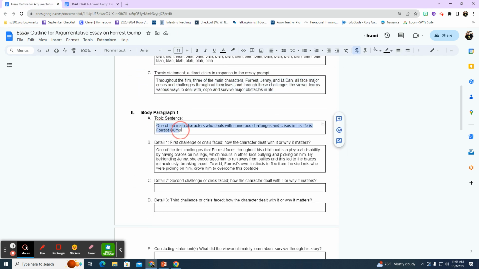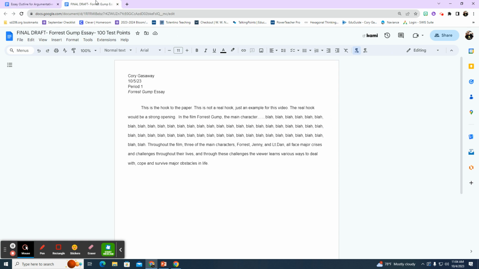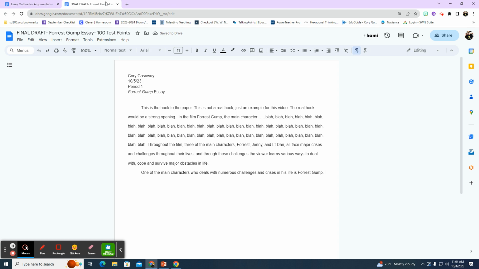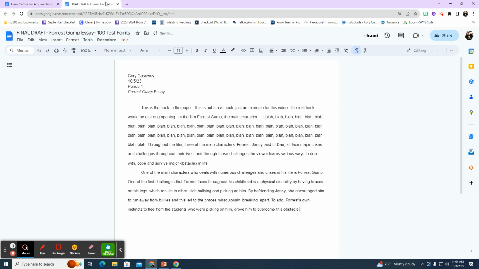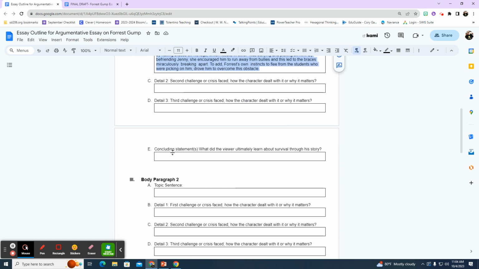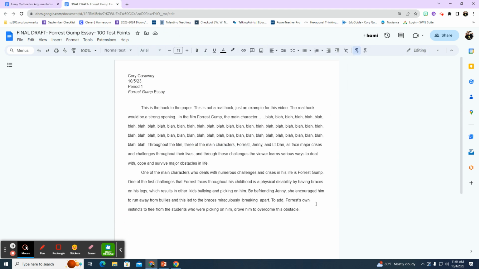I take my topic sentence, Control C, come on over here, paste it. Again, I come back over here, get my first detail, Control C, come back over here, paste it. And notice how it's putting the paper together in paragraph form, right? And then you would continue to do that. You would do detail 2, detail 3, and the concluding statement. You would put that all together, and then you would have one big paragraph about the Forrest Gump and the